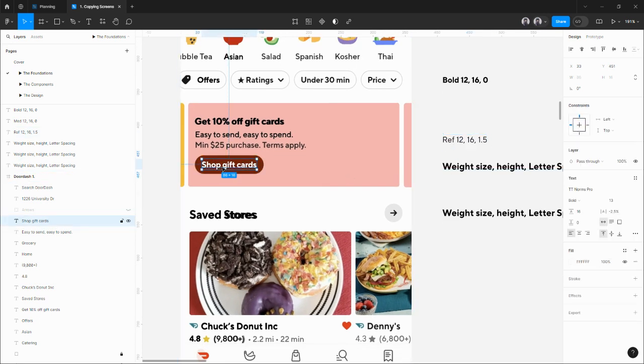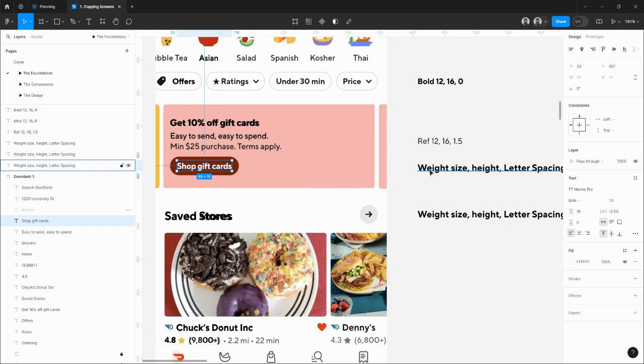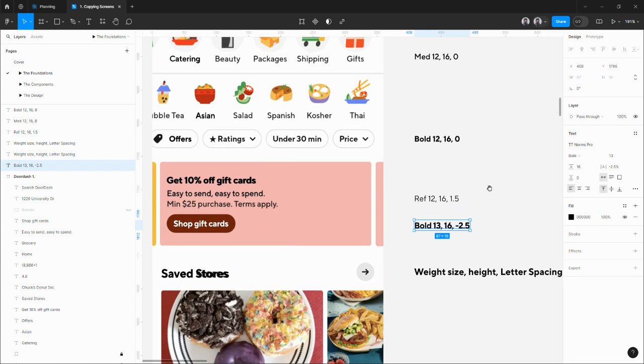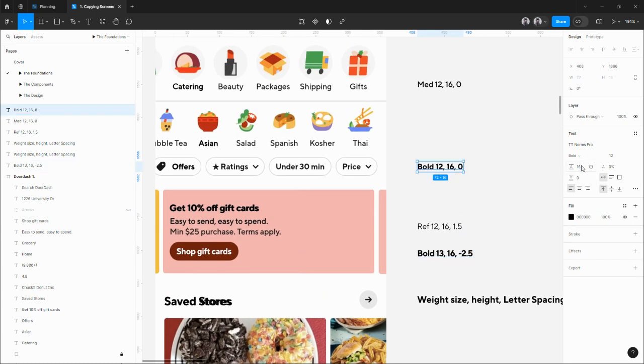And then this text, the button text, comes in this size. I already added it, bold 13, 16, and minus 2.5. So I added the styles. With styles, it just adds everything that is applied there. So I'm gonna change the color, bold 13, 16, minus 2.5. As you can see, I am using multiples of 4 for all these line heights,